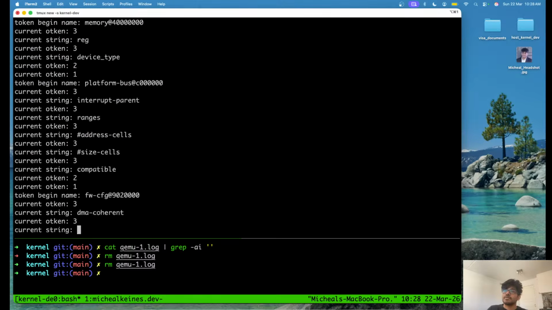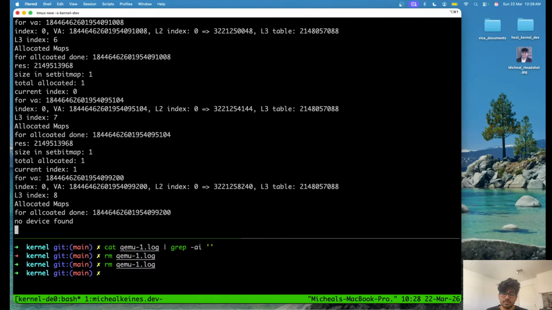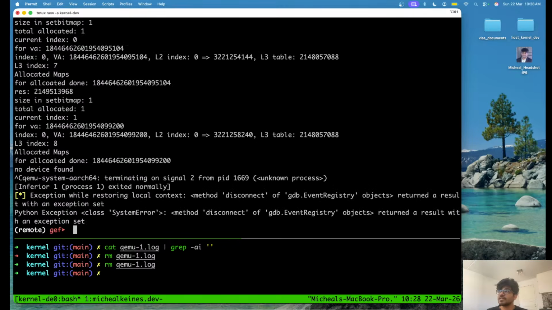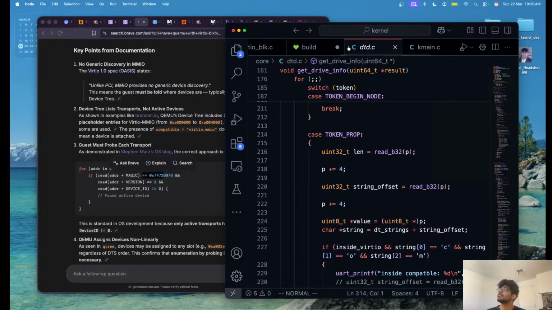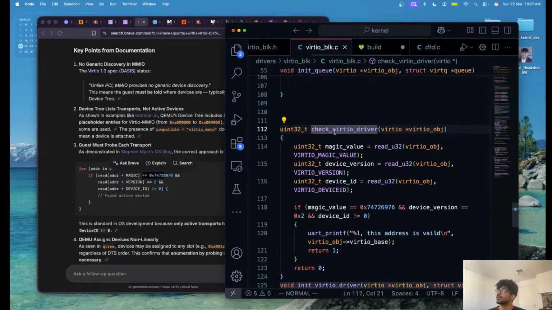Let's see what happens. And we get no device found. Okay, now let's print everything. Let's see what we get there. Maybe we are doing something wrong. Let's just print